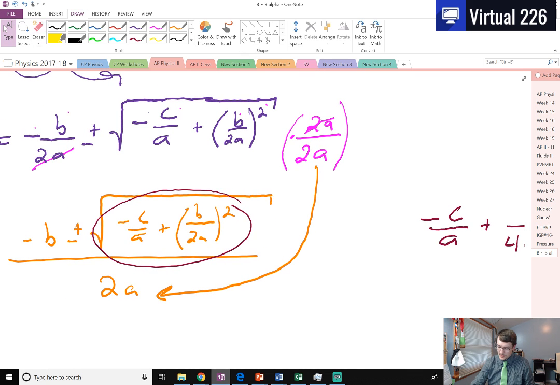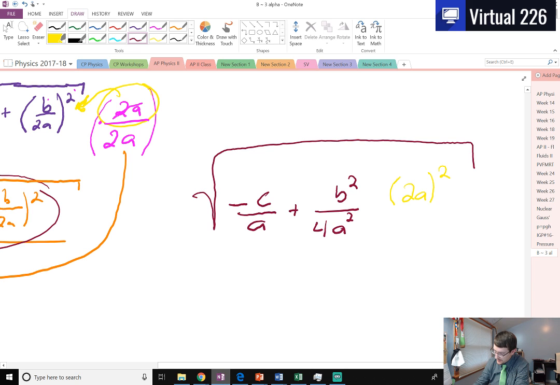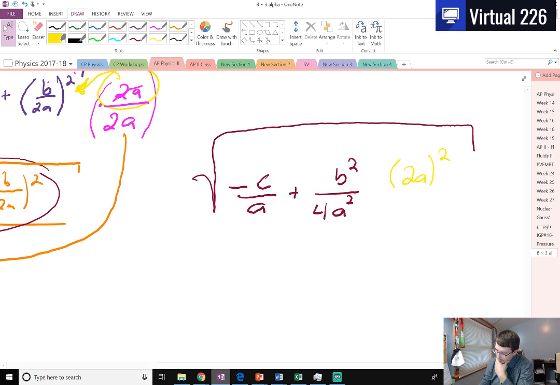I'm going to do this. That's not how that happened. That 2a stays there. This 2a right here can actually be brought inside to clean things up. That 2a right there can be written as 2a to the quantity squared, because there is a big radical hanging around here, and those radicals and the square will cancel. So what will happen though is if I leave this as 2a squared, 2a squared is 4a squared, so those go away,